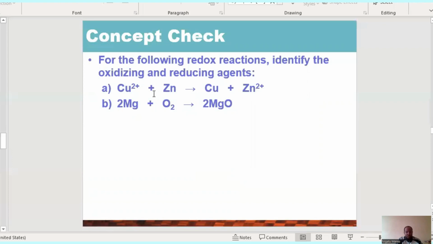The oxidation state of copper decreased from 2+ to 0 because copper 2+ is reduced, and it acts as an oxidizing agent. And the oxidation state of zinc changed from 0 to zinc 2+. This implies oxidation number increased from 0 to 2+, and